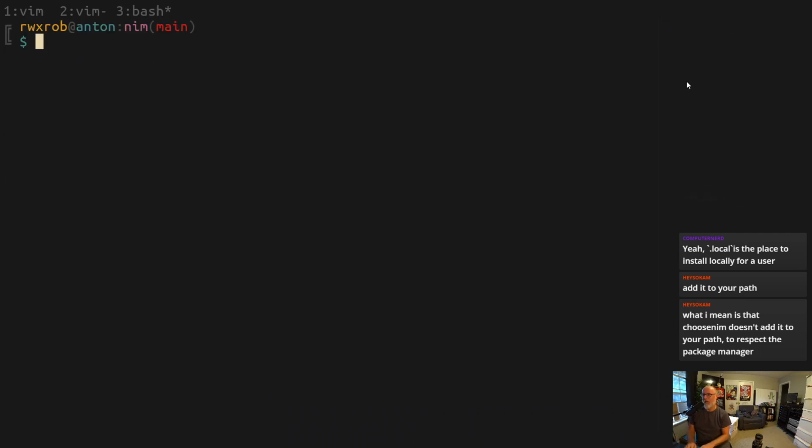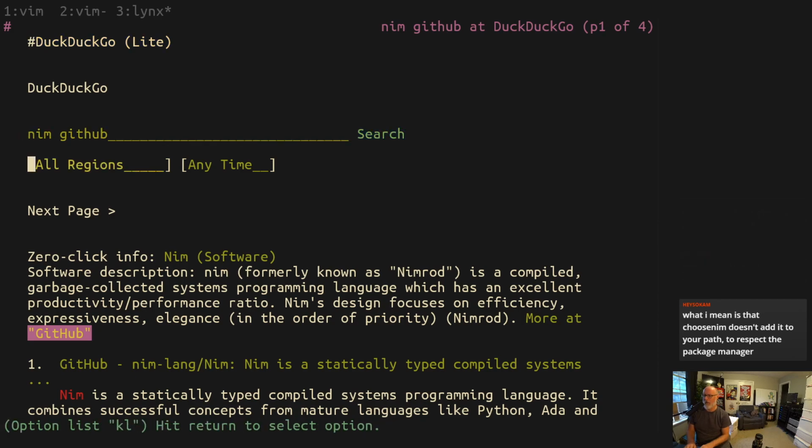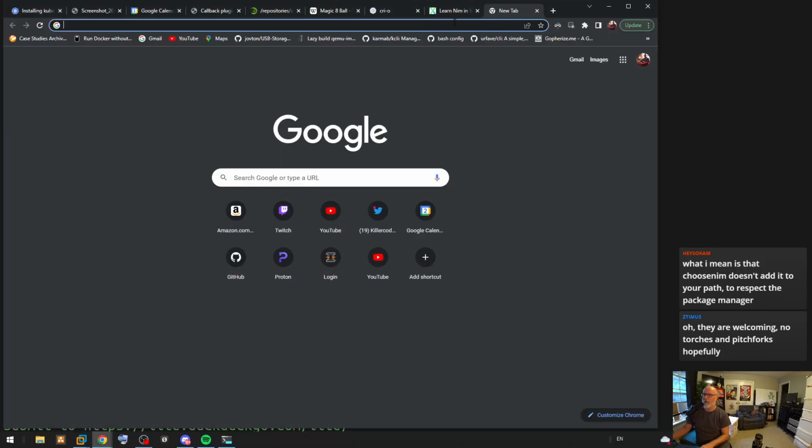So anyway, Nim. I imagine it's Nim, but I don't know. We're gonna go look. I want to know where Nim is on GitHub. Well, yeah, for sure. Yeah, nim-lang/nim. No torches and pitchforks, heavily. Yeah, I figured they would be, but